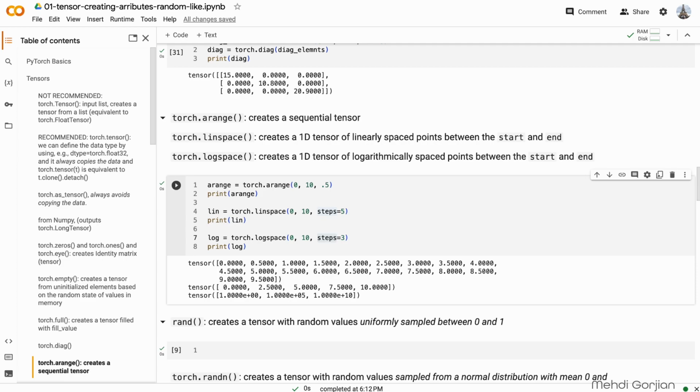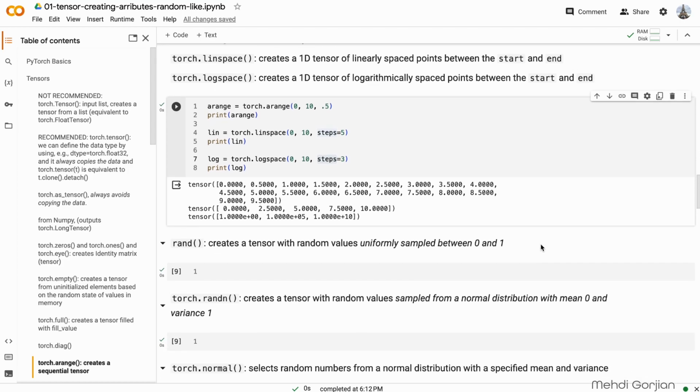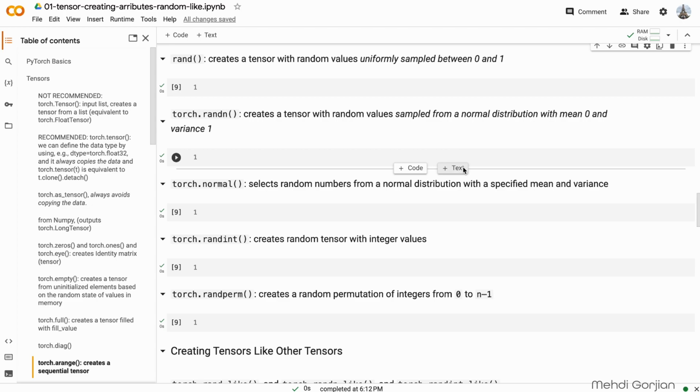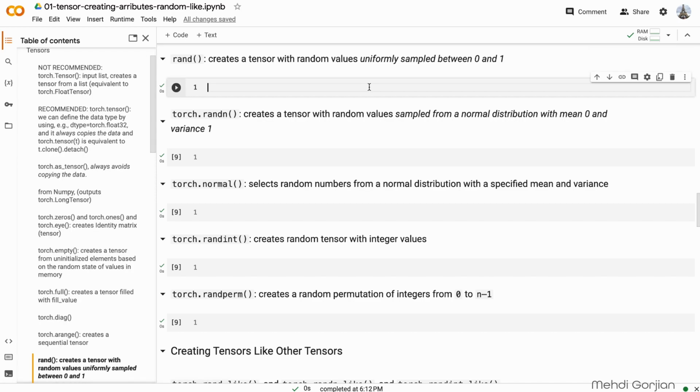Let's move on to the next section. So this section is about creating tensors with random numbers. This is another method that we can create tensors, which is quite useful in different scenarios. The first function is rand, which creates a tensor with random values, which are uniformly sampled between 0 and